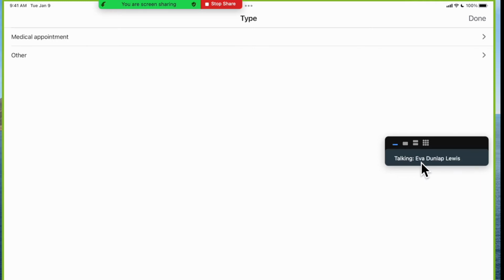So for my fake example here, I'm gonna choose medical appointment. If you were trying to make a reservation for Saturday or Sunday for shopping or church, then you would choose other. But I am clicking where it says medical appointment,